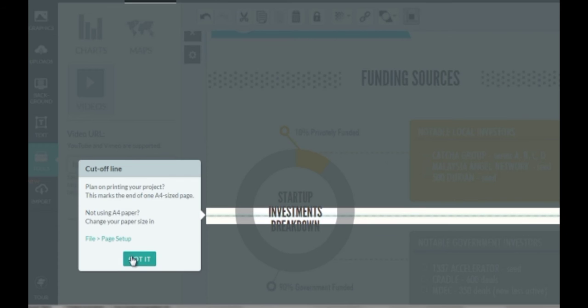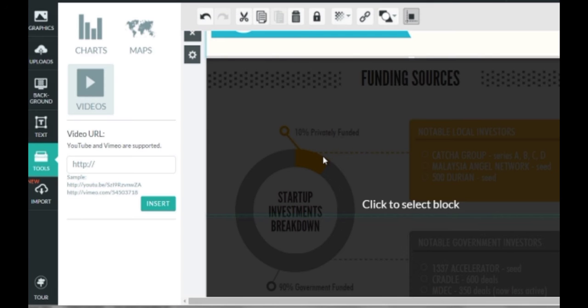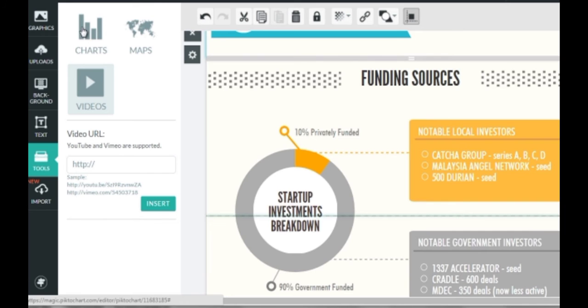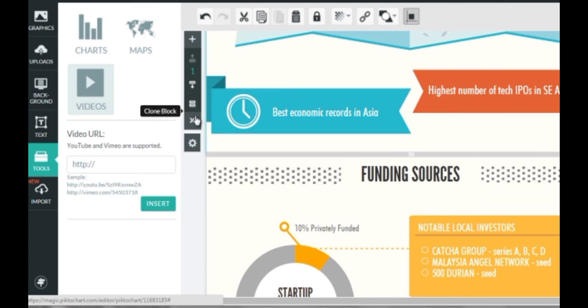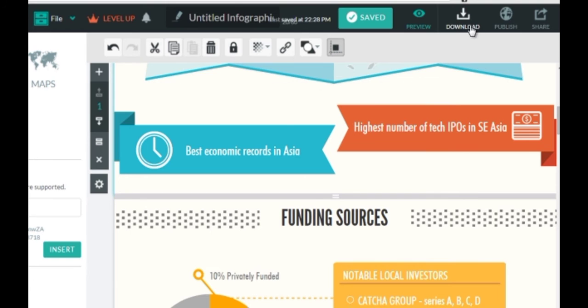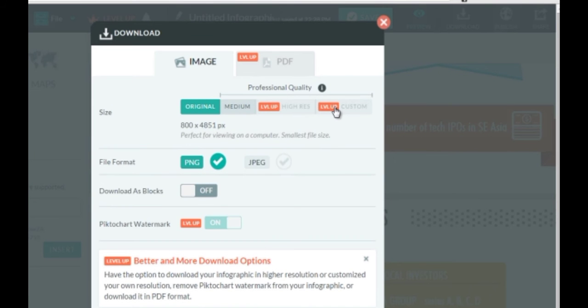Now, obviously, just to get started, I would recommend you taking a look at the template, copying the template, taking things out, removing it, replacing them with your information. Once you get comfortable utilizing Piktochart, that's when I recommend that you go all out. Go with icons, switch them out, and get a hang of this tool because it's super easy, as you can see, to use. And of course, you can download different files, different sizes, different file formats, PNG, or even JPEG